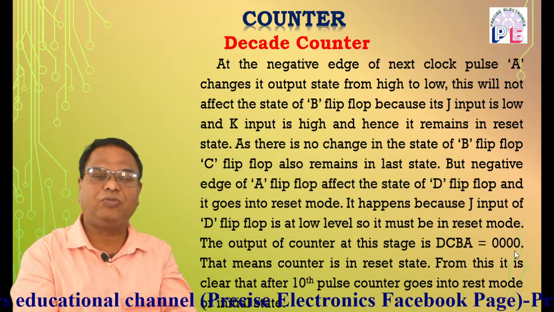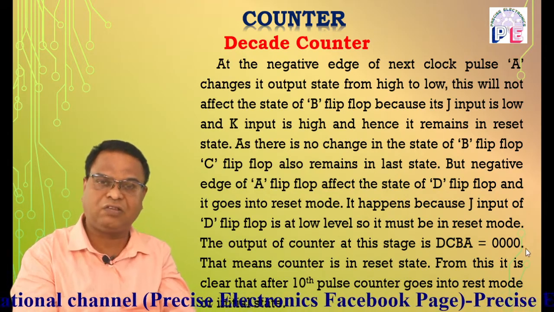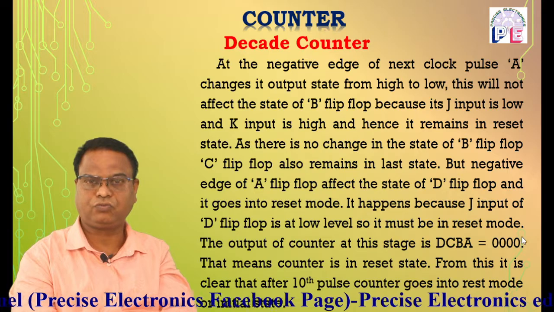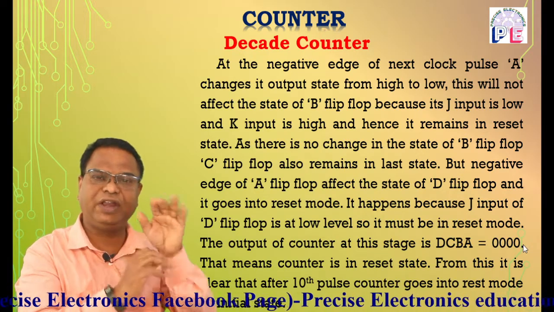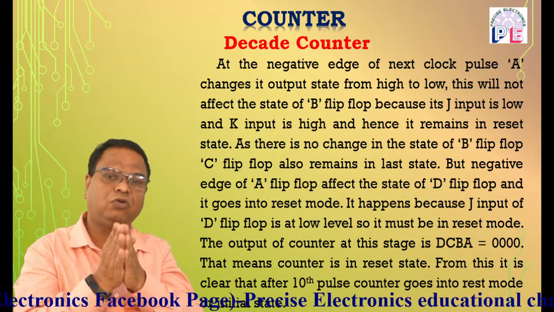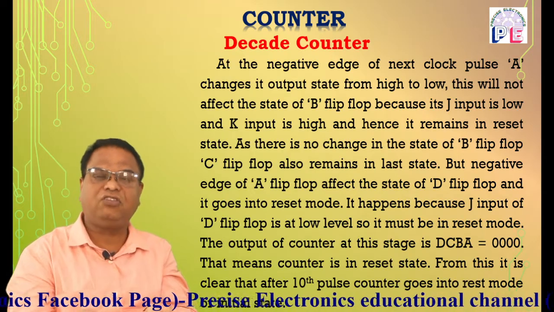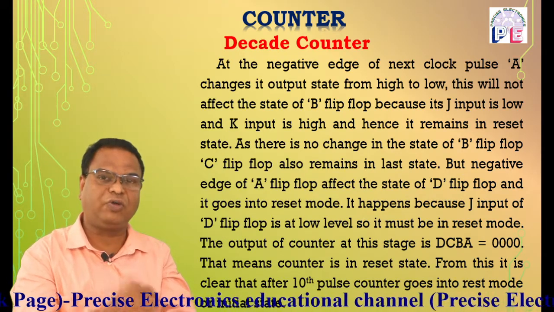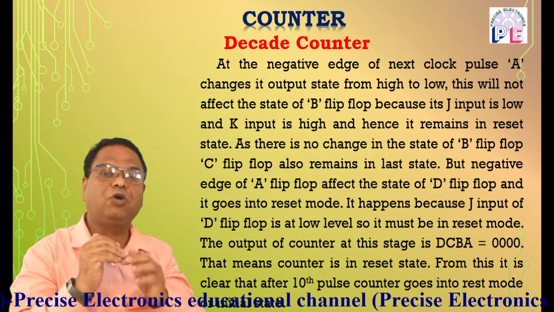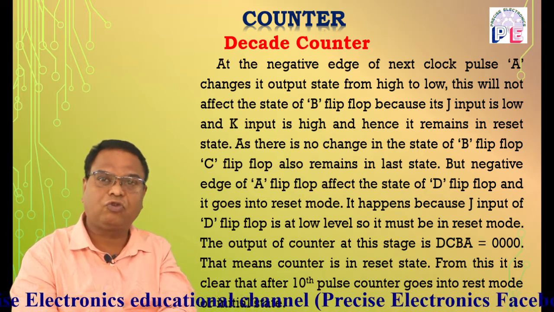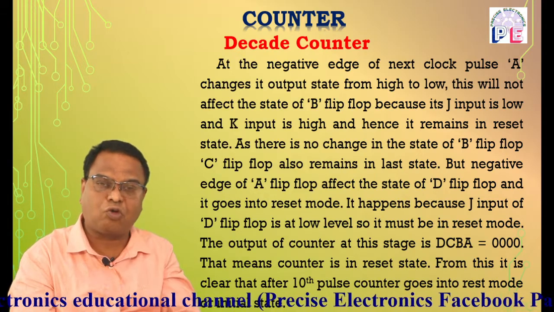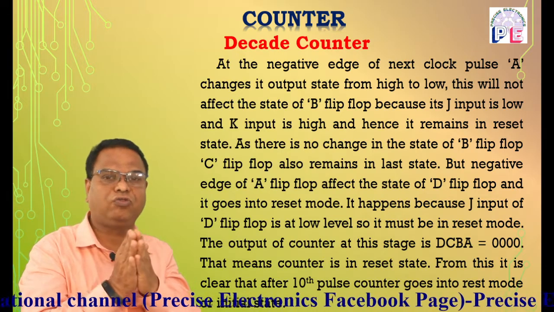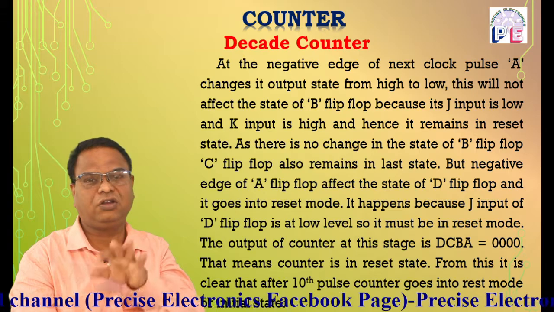So what is the output at the end of the 10th clock pulse, or at the negative edge of the 10th clock pulse? That is DCBA equals 0000. D is 0, C is 0, B is 0 and A is 0. And friends, that is our initial stage. So when the next pulse appears, the counter starts counting from its initial stage. At the negative edge of the next clock pulse, the output of the counter will be 0001. So it starts counting from 0001 to the last, that is 1001,